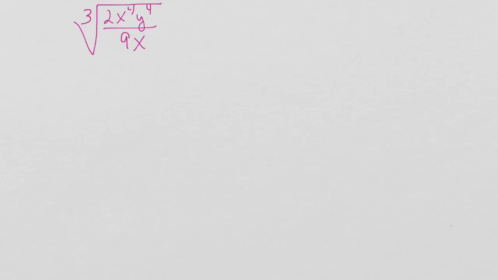Right away, as I look at the radical, I see that I have variables x to the fourth and y to the fourth. Both of those are larger than 3, so I know those will be able to be simplified, even if it's just a matter of factoring out 3 x's or 3 y's. In the denominator I have a 9 and an x. So I'm going to start by rewriting each individual factor using rational exponents. That means I have 2 to the 1/3 times x to the 4/3 and times y to the 4/3